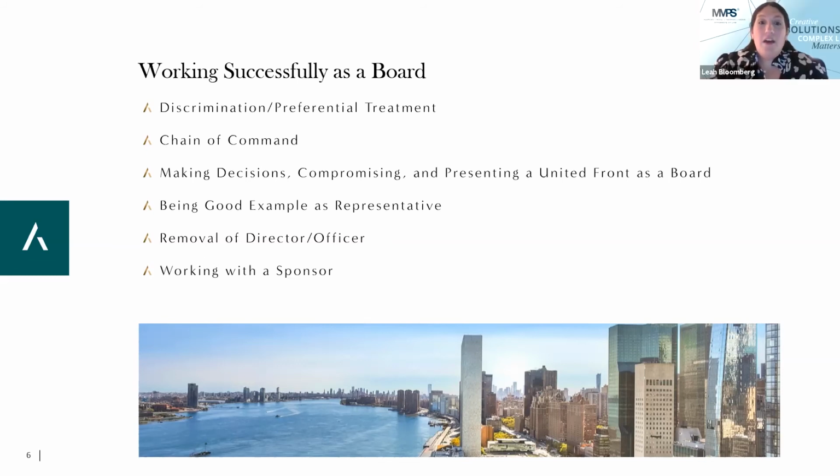So, again, building rules differ from building to building. That being said, typically, you can remove an officer from a position and still keep them on as a director or a manager. In other words, if the president is so blatantly disrespecting or abusing their power as president, you can demote them to a director, a board member, and leave them not as president, but still on the board. Then there is removal off the board entirely.